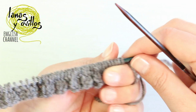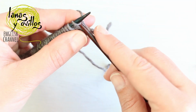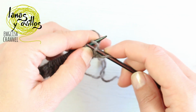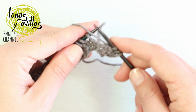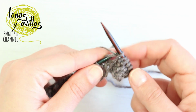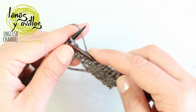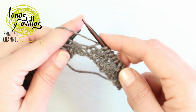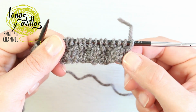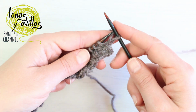Row number 3, you have to repeat the row number 1. Make the elastic stitch. And on the row number 4 we have to start with take the edge stitch, purl 2,